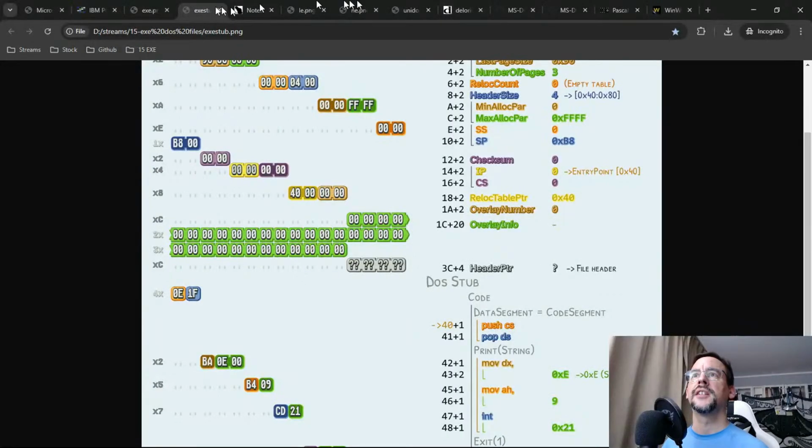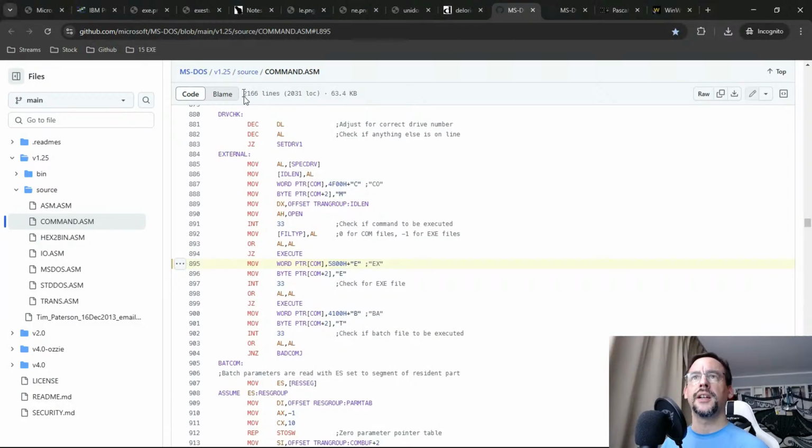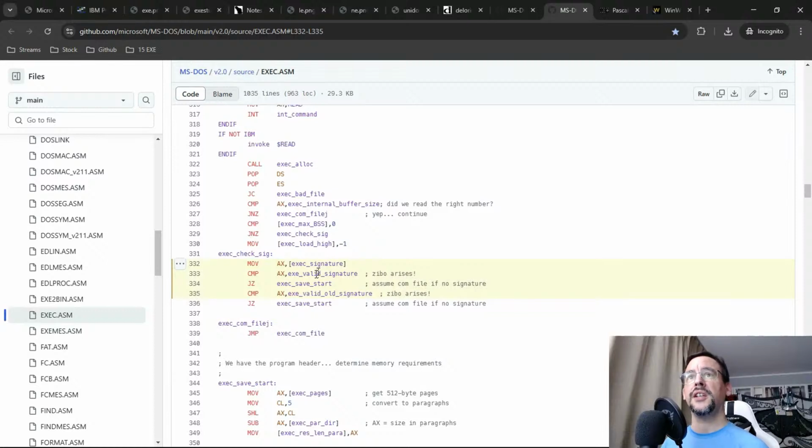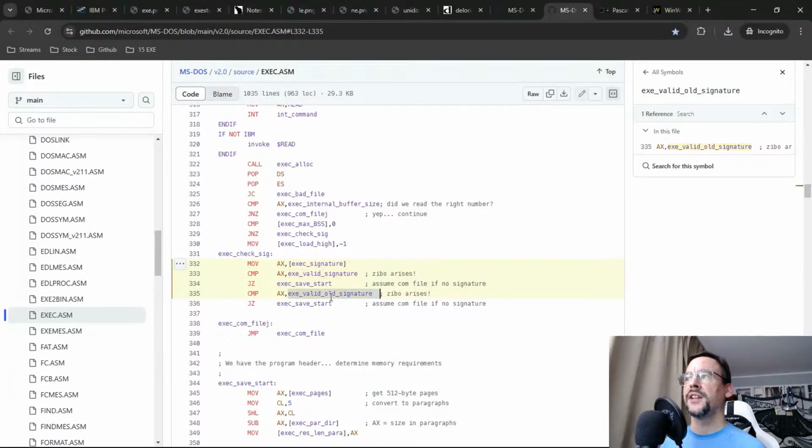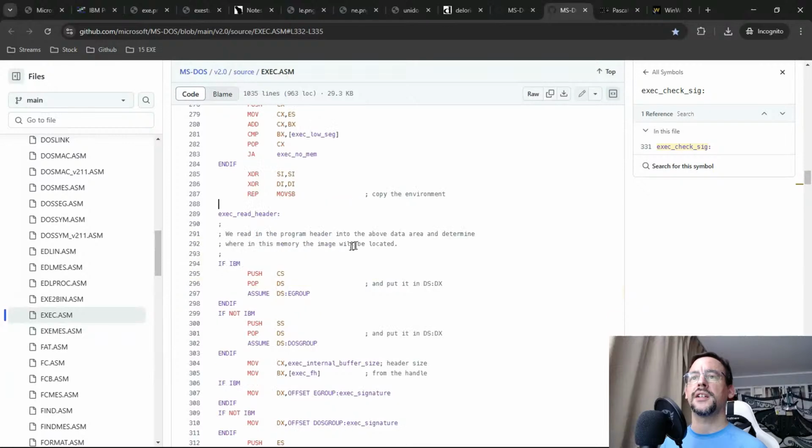Let's see that, the source is online, right? In 1.25, it's just checking for the extension, and not for any signature. And if you see the source of 2.0, it still checks if there is a signature or an old signature, and the old signature is